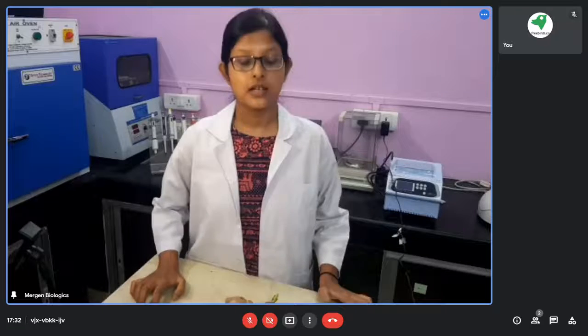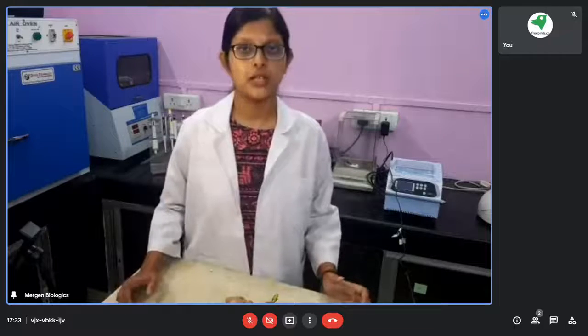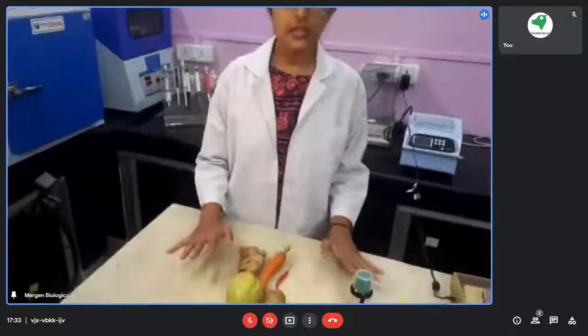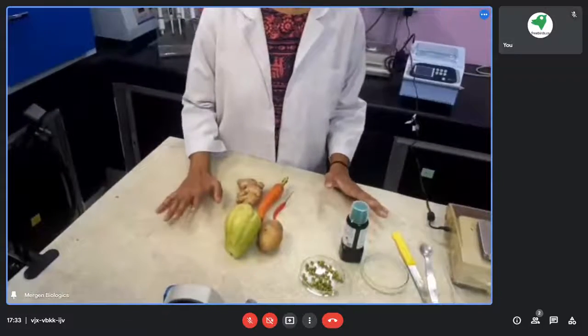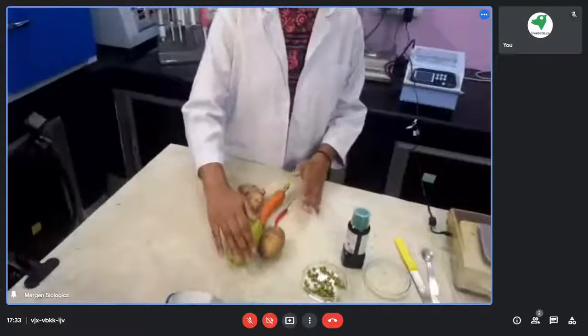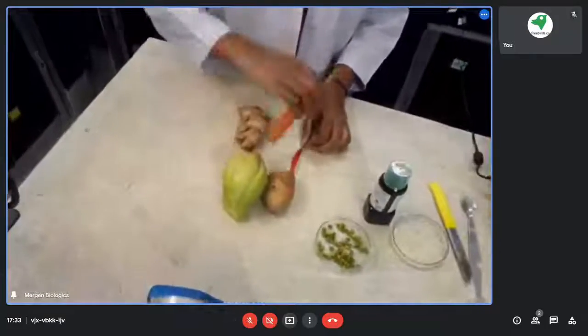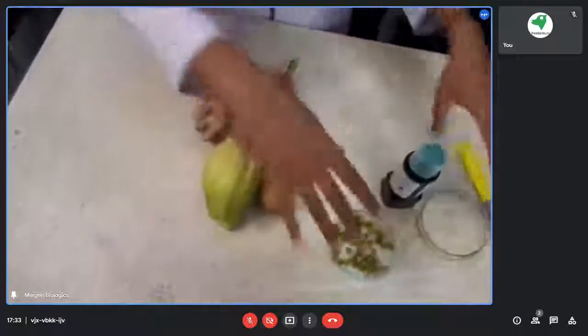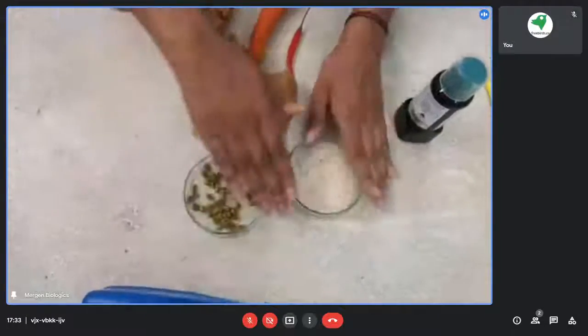Some have more starch, some have very little. How do we know which has less starch and which has more? We can know it by a very simple experiment. So let's get started with today's fun activity, which is to determine the amount of starch present in daily life vegetables or fruits. For this experiment, I have taken some very common vegetables found in every home: potato, squash, celery, carrot, ginger, and some sprouts and rice.